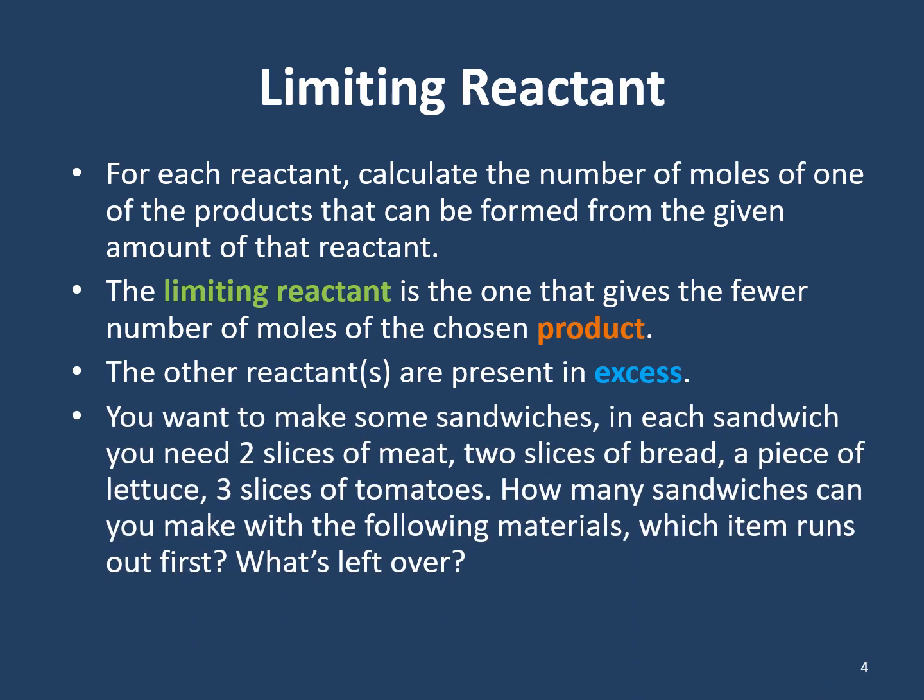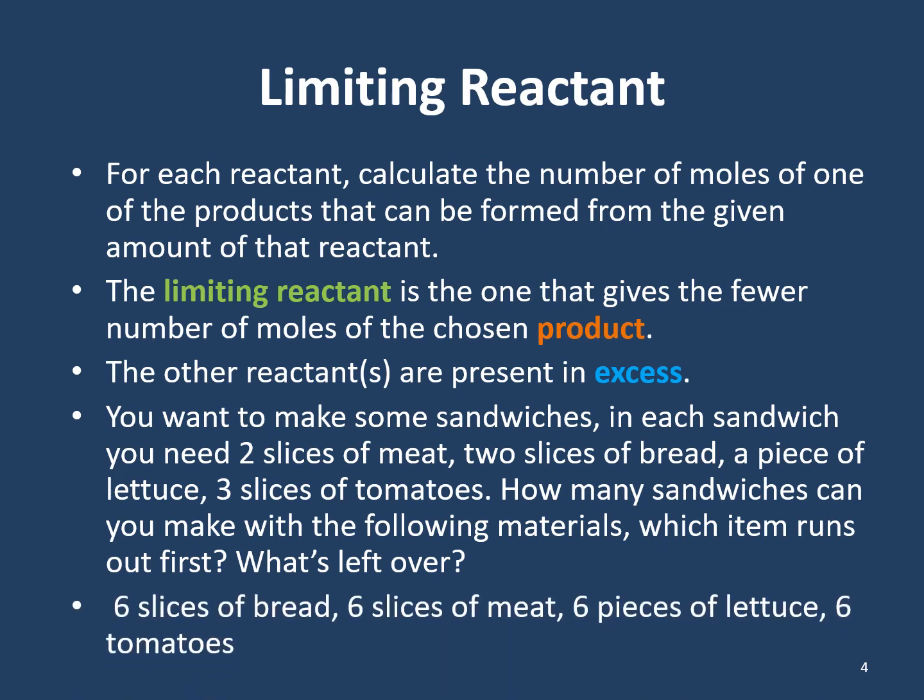So let's do an analogy here. How many sandwiches can we make if we have 6 slices of bread, 6 slices of meat, 6 pieces of lettuce, and 6 tomatoes? Now we have a specific recipe that we need to follow for our sandwich making. We're going to use 2 slices of meat per sandwich, 2 slices of bread per sandwich, 1 piece of lettuce, and 3 slices of tomatoes. All right, so how many sandwiches can we make based on these ingredients? Well, we're going to assume this is 6 slices of tomatoes, and that basically tells me that I can make exactly what? 2 sandwiches,